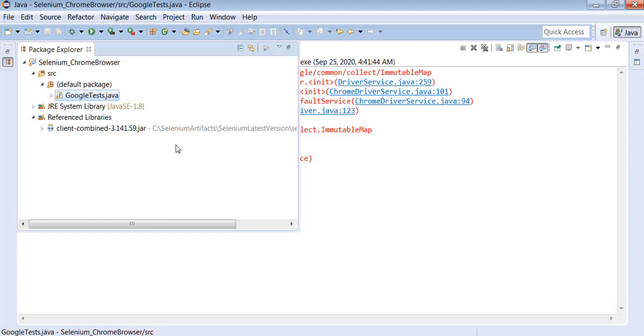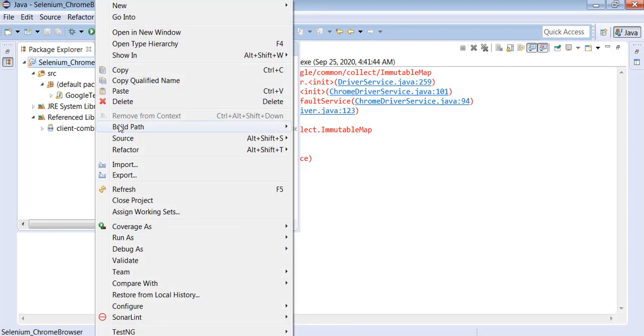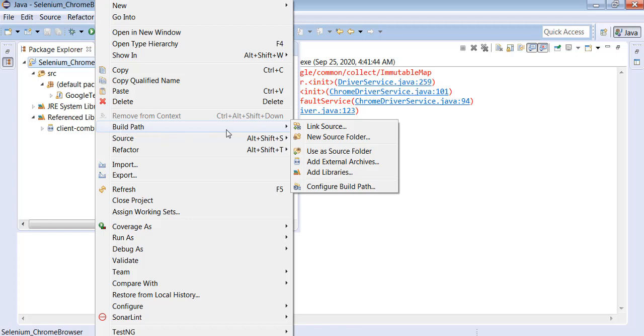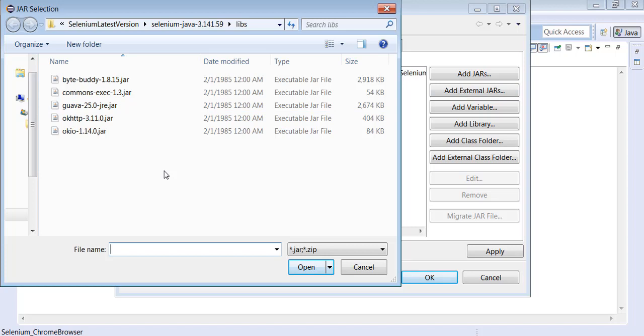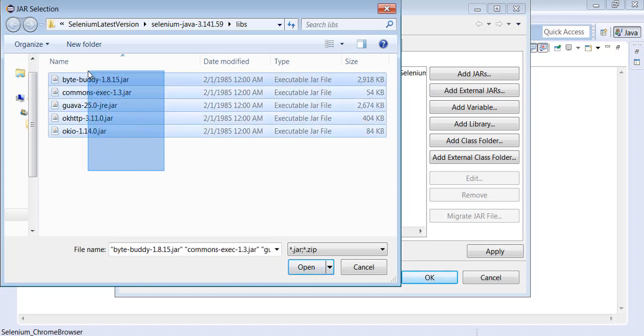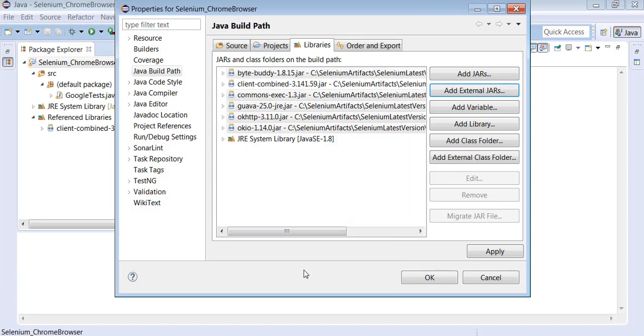Now right click on the project again, select build path, configure build path, click on add external jars, select all the libraries, click on open.